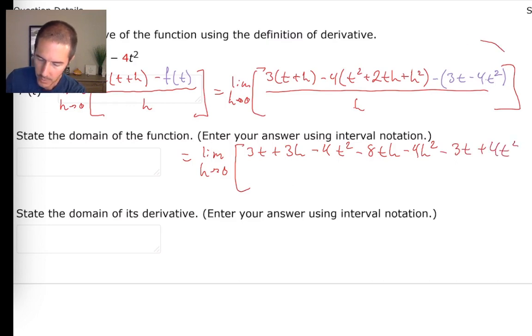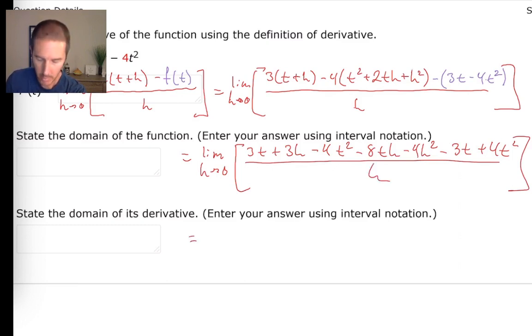So I distributed this minus sign up here. This minus sign I had to distribute to both terms. All right, that's how I got these two terms. And as you might recall, those two terms better cancel out with something earlier in our expression. If they don't, we know that we've done something wrong. Close our brackets, divide it all by h still,